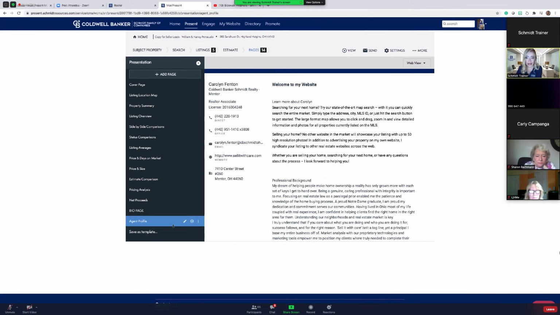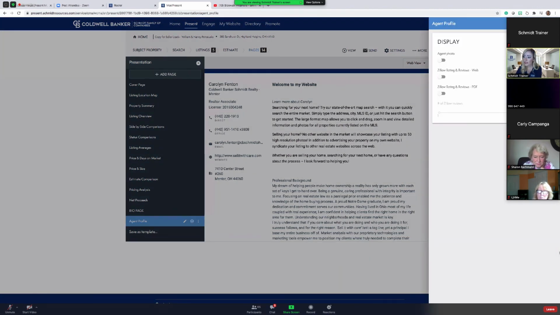Now, to turn it on, it's so simple and quick. Once you've connected it in the account section within Moxi, you're going to click right here each time you make the presentation or a new presentation and choose the edit option. Now, what you will notice is a box shows up on the right-hand side. It says display. Very simply, we are just going to click the slide arrow over here to say show agent photo, show Zillow reviews and ratings on the web, and then also we're going to turn it on for